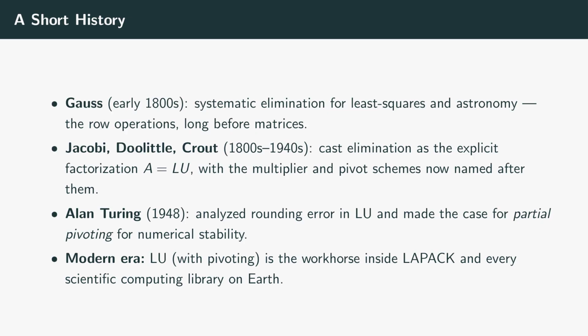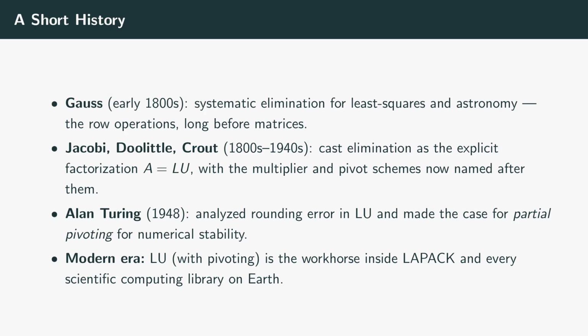A little history. The elimination at the heart of this method goes back to Carl Friedrich Gauss in the early 1800s, who used systematic row operations to fit astronomical data, decades before matrices were even standard notation. Through the 1800s and into the 1940s, mathematicians, including Jacobi and later Doolittle and Kraut, recast that elimination as the explicit factorization A equals L times U, and their names still label the particular schemes for laying out the multipliers